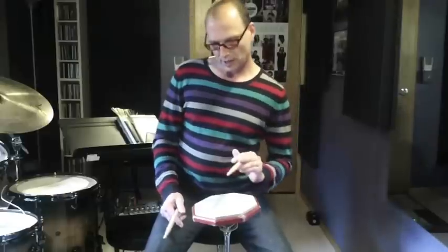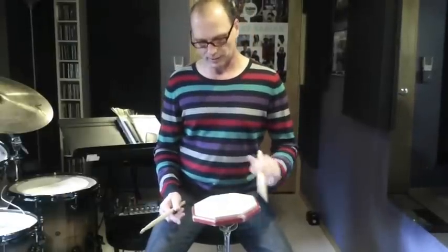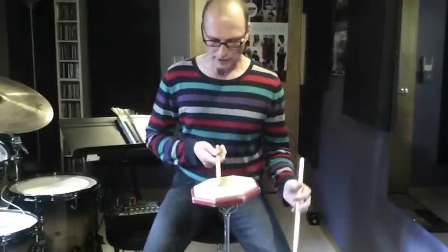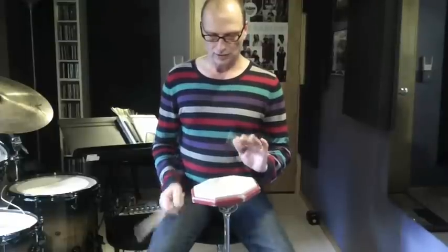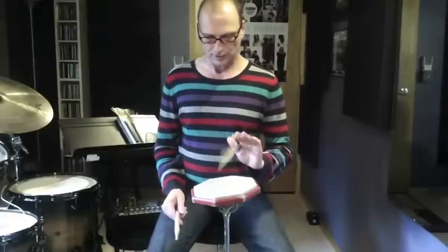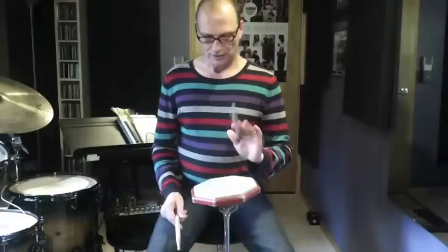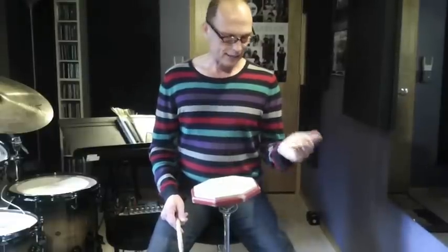Now, you may notice I'm kind of bending down. And part of the reason for that is I'm trying to keep the stick parallel to the pad. So when first learning this, you might find it helpful to really raise the pad up so it's much higher than normal, just so that you can relax your arm and let it hang a little bit and get used to dribbling the stick. Now after you feel like you can kind of change the speed a little, like if you were able to dribble a basketball up and down at different speeds,